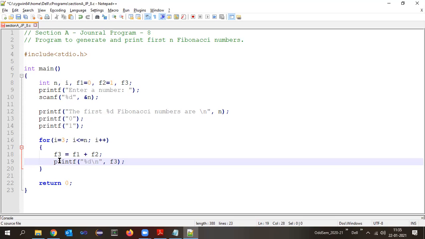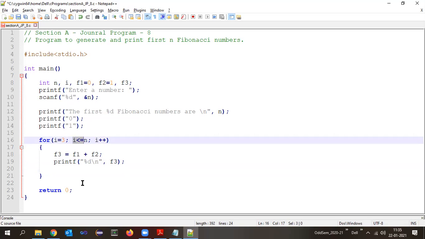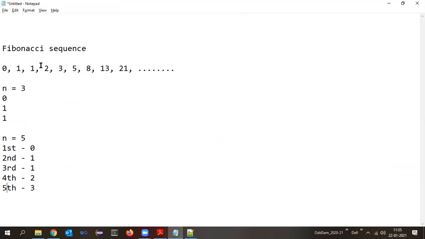Okay, I have calculated the next number and then displayed it. Next is I++. So now I will become the next value, and it will compare with this condition. If it is true, it has to again calculate f3 and then print it. Now pay attention and understand here.